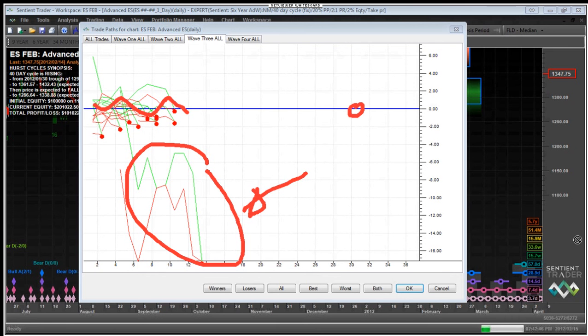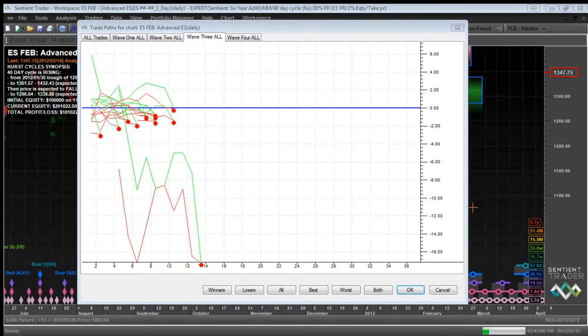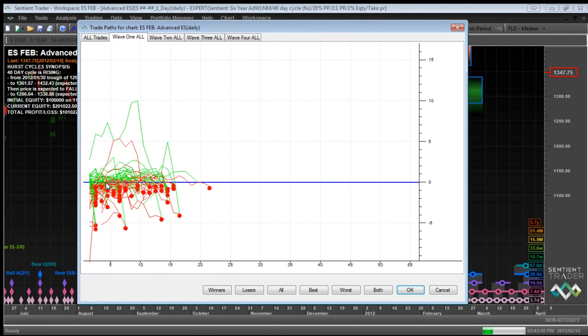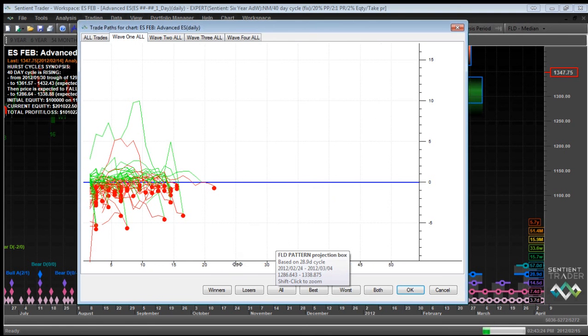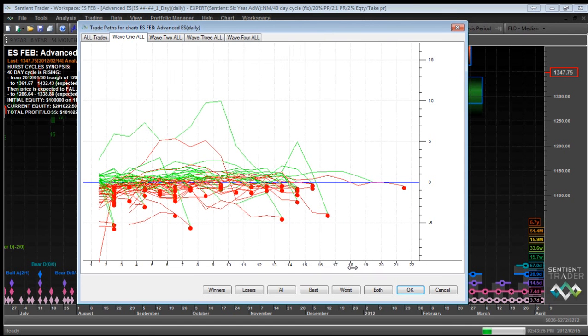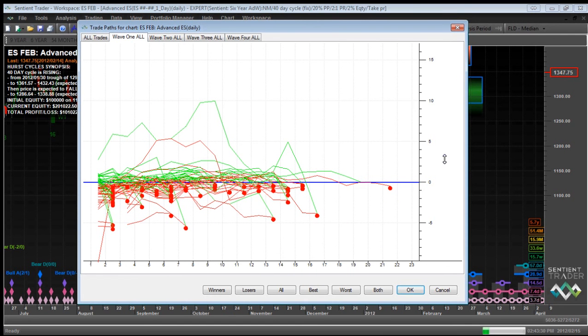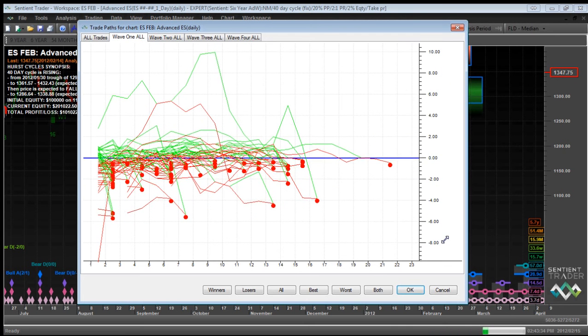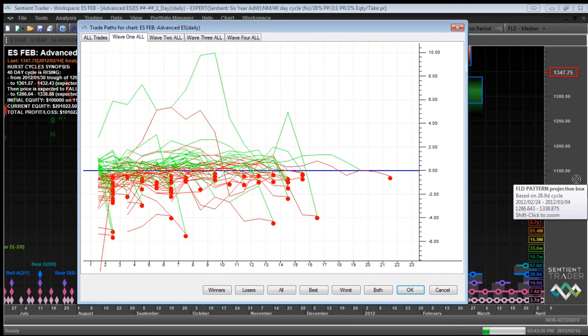There's one very unusual trade, which is this trade here, which is rather spoiling our trade paths at the moment. But as you can see, losing trades tend to wobble up and down around your break-even level. Let's have a look at the losing trades here. I think you can see it. I don't need to draw on it or squiggle all over it. Most of them have a squiggly shape around about your break-even level.